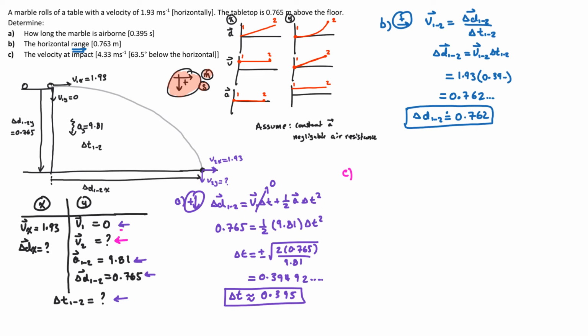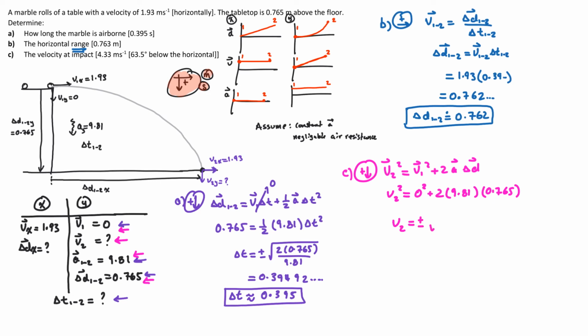So to do that, I am going to use the initial information that was given to me. I'm not going to use time just because if I made a mistake here, then I'm going to make a mistake here too. But if I use this information, I should be pretty safe. The equation that I will use will require everything that doesn't have time in it. And that equation, if I remember correctly, is v2 squared is equal to v1 squared plus 2a change in displacement. And I know that velocity 1 is 0 plus 2 times 9.81, and the displacement in that direction is 0.765. And this is v2 squared, so v2 will equal plus or minus the square root of